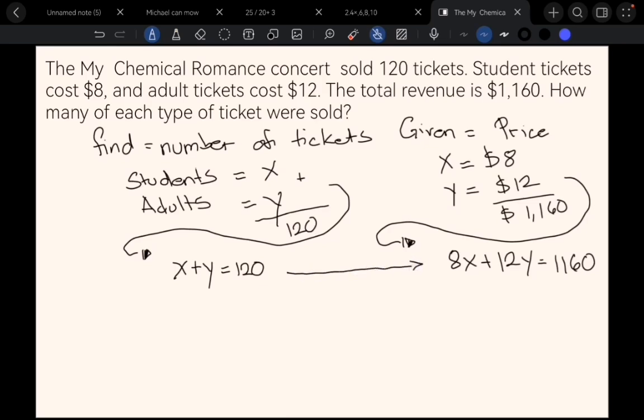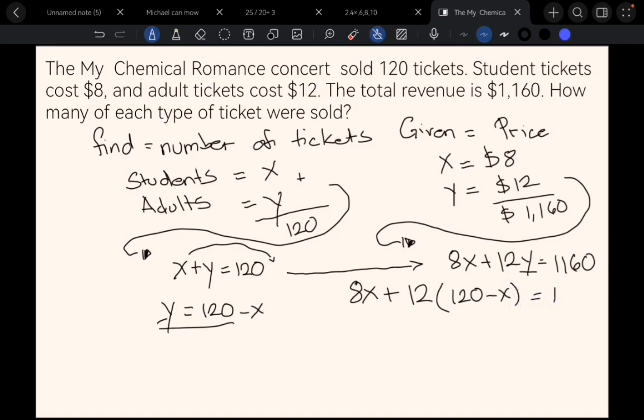Okay, now we have two equations here. So we can go ahead and simplify one equation to make a substitution. We will choose the first equation because it's easier. So we just need to transpose x. That would be y equals 120 minus x. And we need to use that value of y to substitute into the second equation. So 8x plus, again, the value of y that we have right now is 120 minus x from the first equation, equals